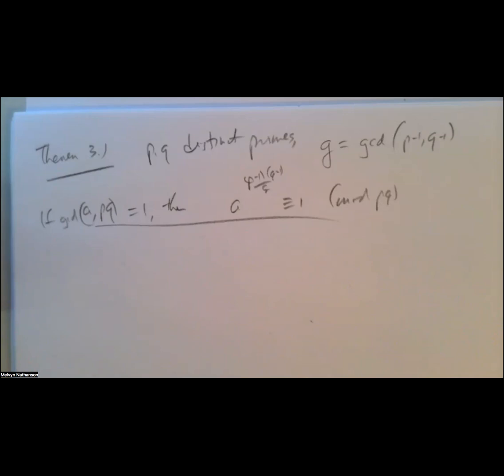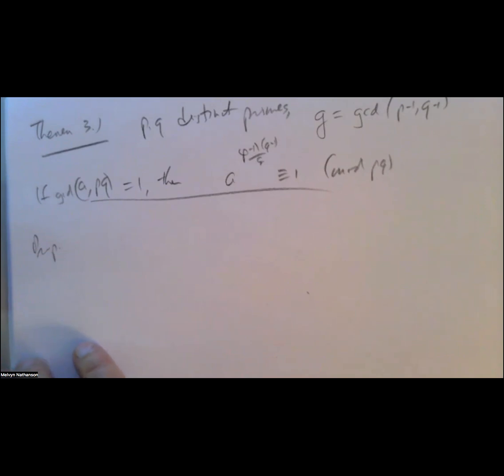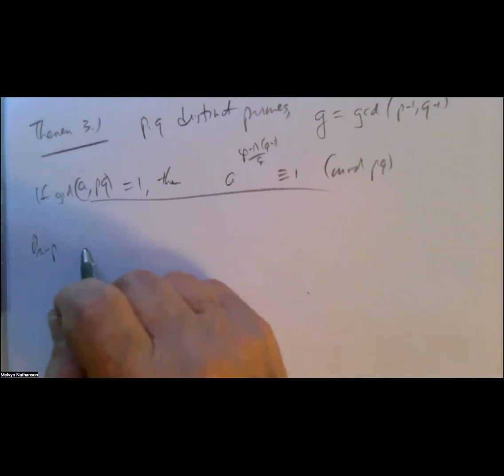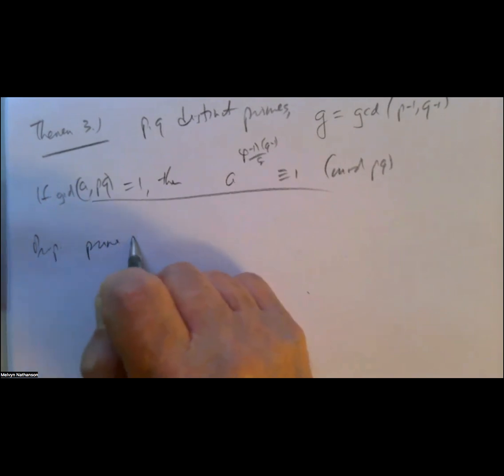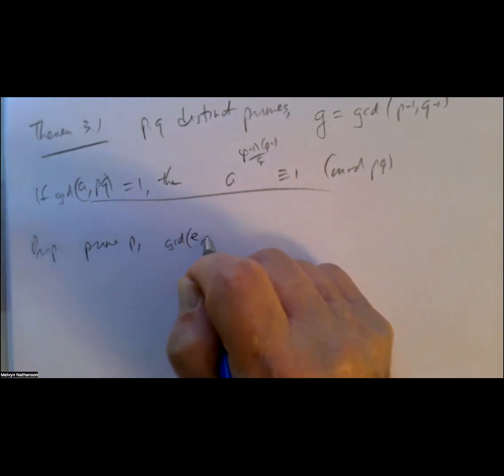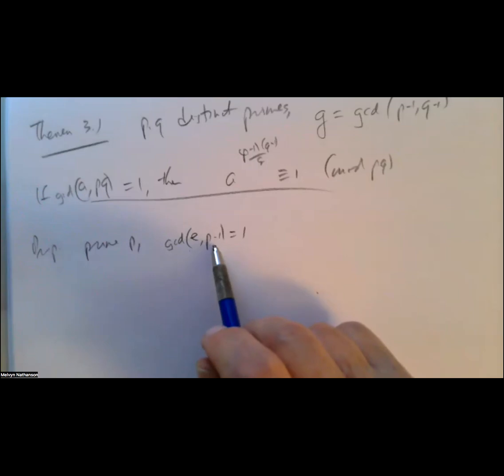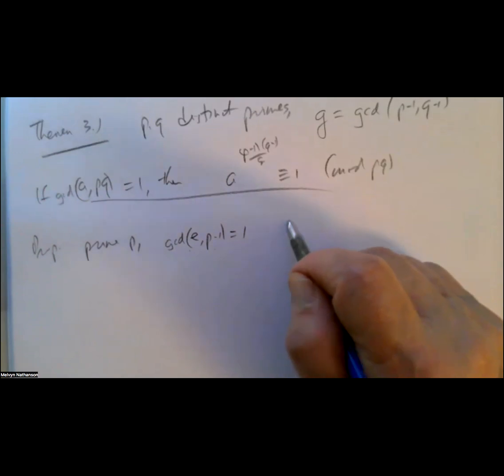Now, let's look at some other simple results. Simple after you know them. Suppose we just take 1 prime P. And we take an integer E where the GCD, the greatest common divisor of E and P minus 1 is 1. So if E and P minus 1 are relatively prime, then